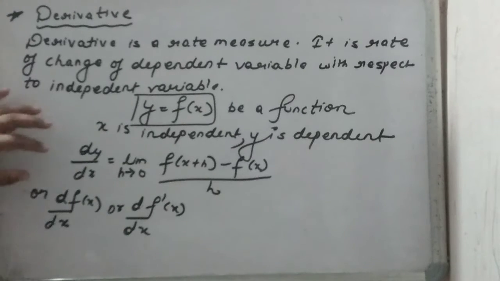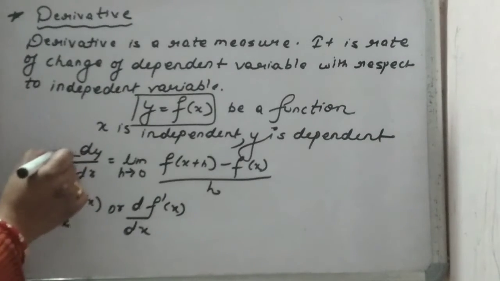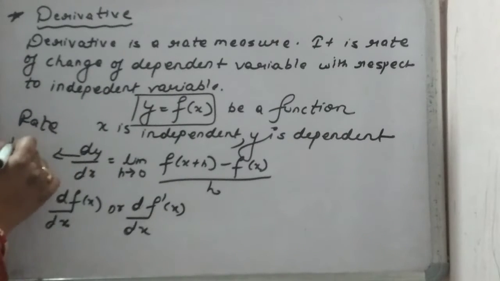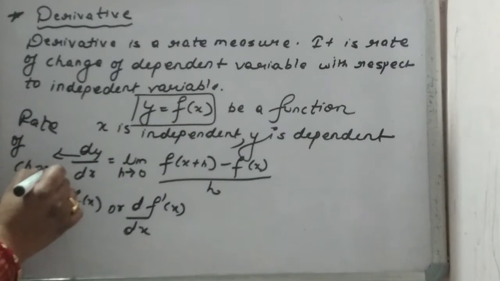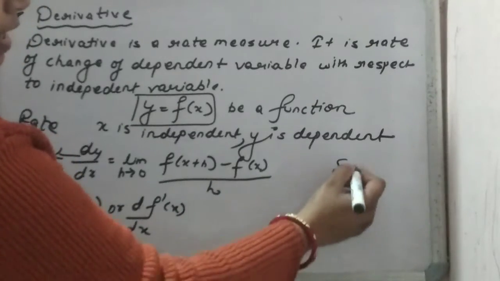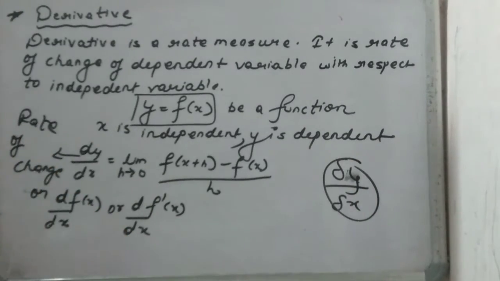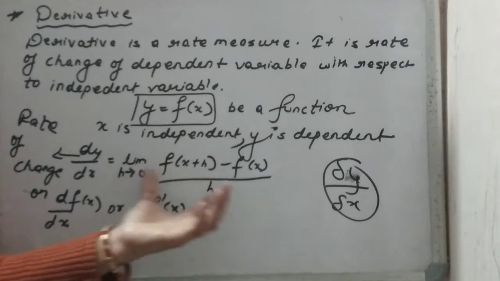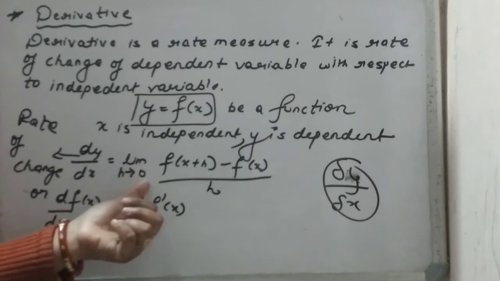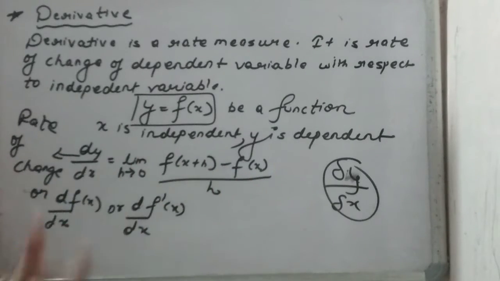Now, if you differentiate, d upon dx is the differentiation term, and this only means the rate of change of the function. The rate of change is mostly denoted by delta, del y upon del x, like this. This is the rate of change of the function, and this is the formula to find it: the limit h tends to 0, f of x plus h minus f of x upon h. This is the differentiation function where we are using the derivative.